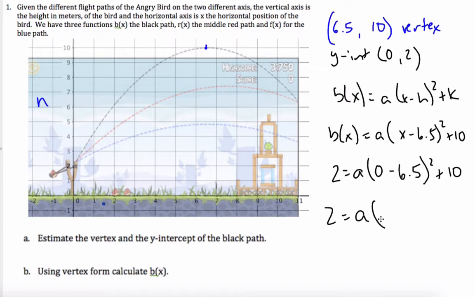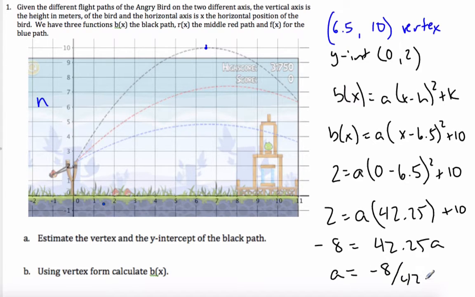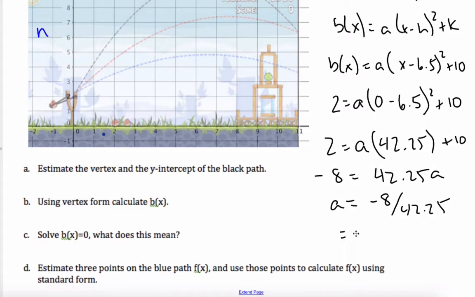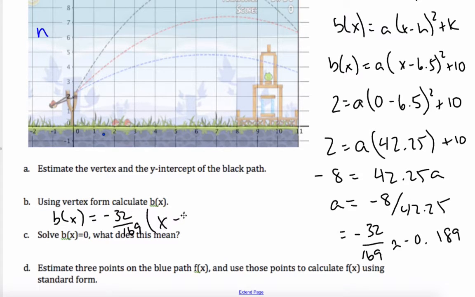well, 6.5 squared is simply 42.25 plus 10. Subtract the 10, I get negative 8 is equal to 42.25a. And so a, if I divide by 42.25, negative 8 divided by 42.25 gives me a value. If I convert that into a nice fraction, I get negative 32 over 169, which is approximately negative 0.189. So if I put it all together, I'm going to say that b of x